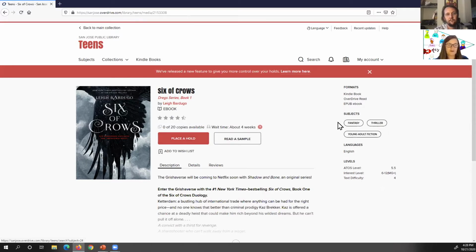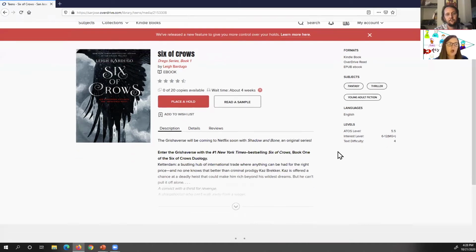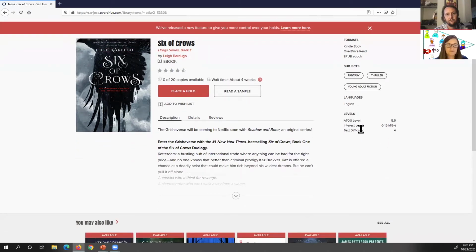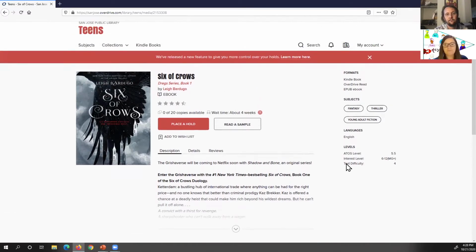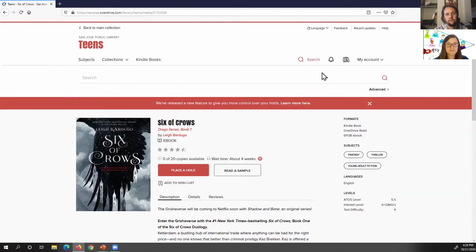You'll see here's your subjects. So you've got the young adult fiction, fantasy, and thriller. Over here, you'll see levels. And so this tells you the text difficulty, interest level, ATOS level. So if you're searching for books that are at a specific reading level, this is a really great way to do it. Overdrive has really